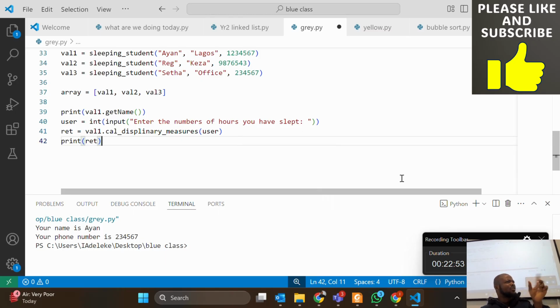So can you now see the difference between an object and a method? An object does not return a value. It is the method in the object that can return a value. Now we can print the return value. So ret is not an object. It's not an object handler. It is saving the value returned by the disciplinary measures method in the object. Is that understood, everyone? Yes. Okay, good. So if you run this now,